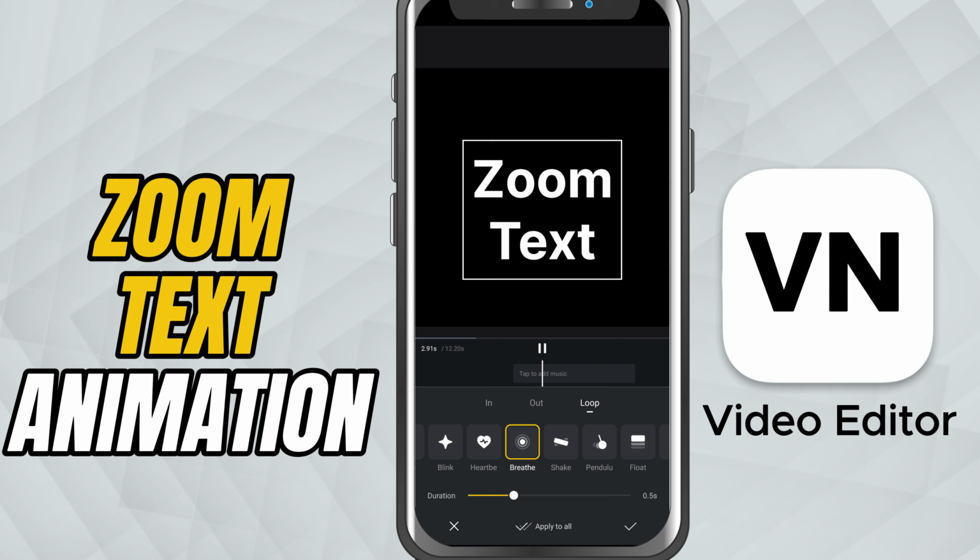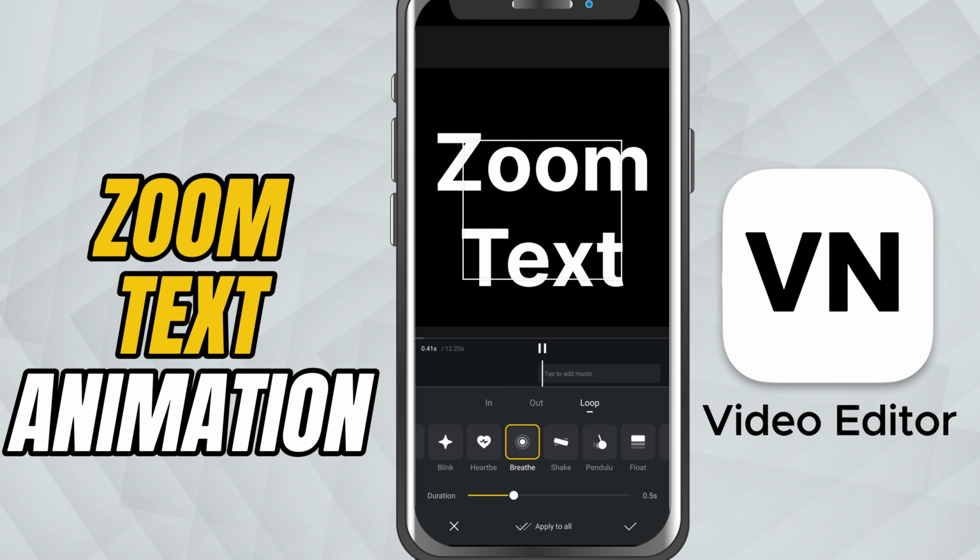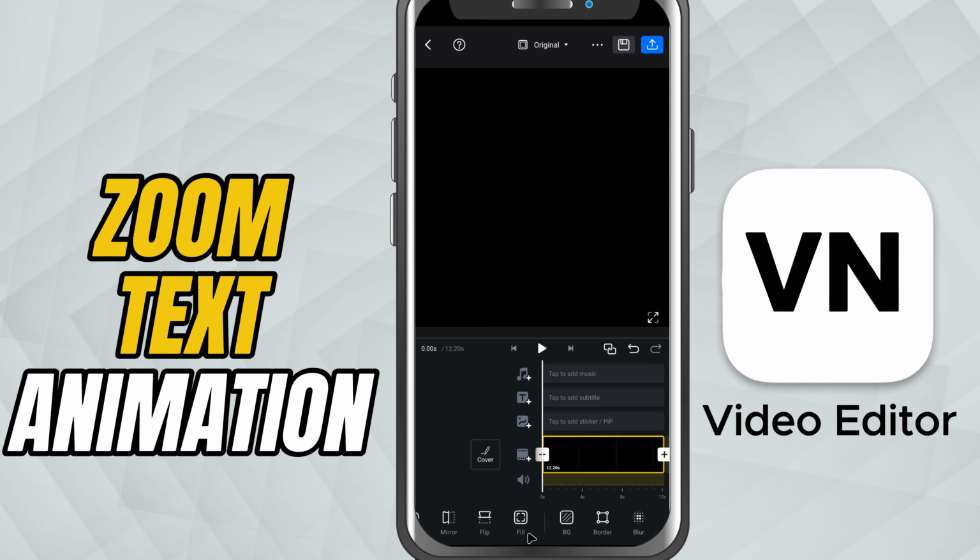Today, I'll show you how to add a zoom in and zoom out animation to your text. This is a great way to make your titles pop and add some style to your edits. First, on your timeline, tap the plus button to add a text layer, type in your text, and position it